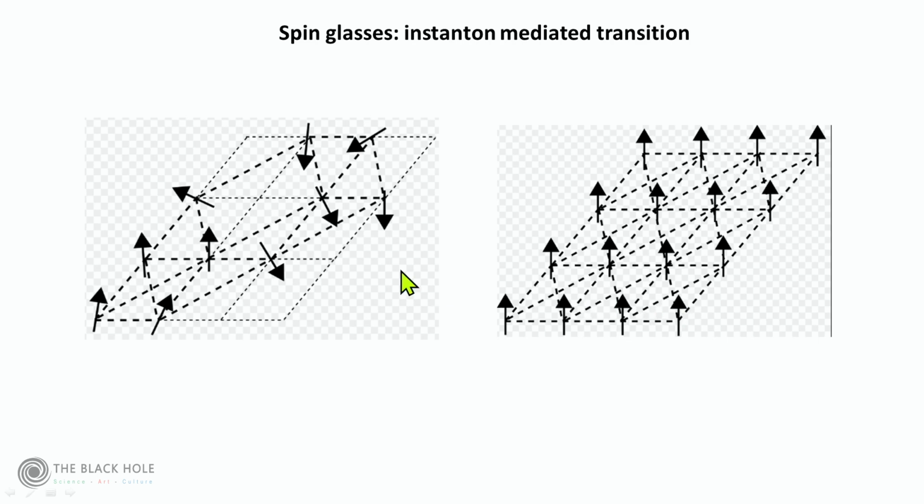Let me just briefly mention spin glasses. So here you have spins which are randomly oriented here, here, here. And then for some reason, they can get into a lower energy state where all of them are aligned. So we go from the false vacuum where they are disorganized, pointing in different directions, into the true vacuum where they are all pointing in the same direction. And this configuration has got lower energy, and so this we will call the true vacuum.